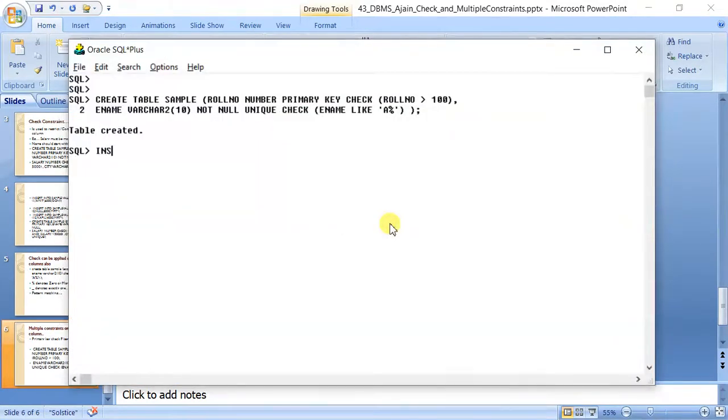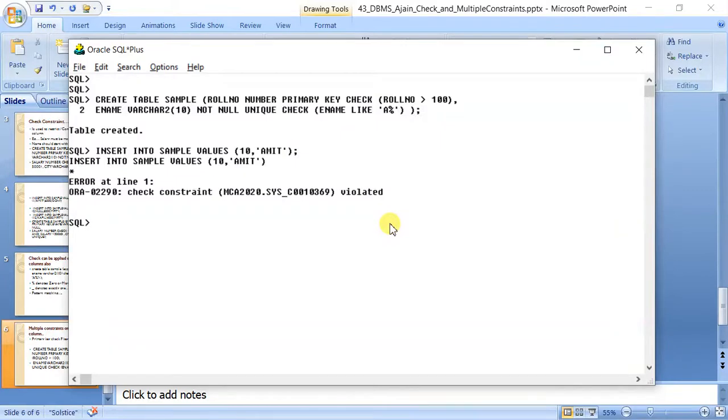Let me insert the value. Insert into sample values. Let me insert value as say 10, comma Amit. Now this Amit is allowed, but 10 is not allowed. You can see check constraint violated. Let me insert 101, comma Amit.